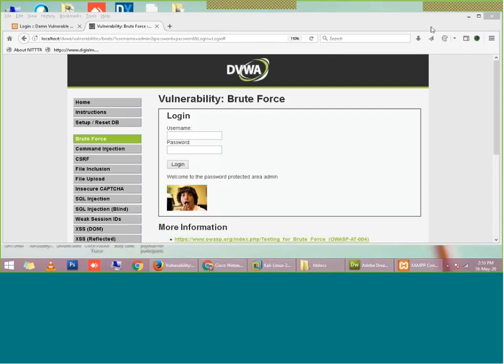So we will be using an automated method which will perform different username and password combinations, keep entering them in this login, and keep submitting the form. For that we will be using a framework called Burp Suite. Burp Suite is a framework used for different penetration testing techniques, and it also has many useful tools.